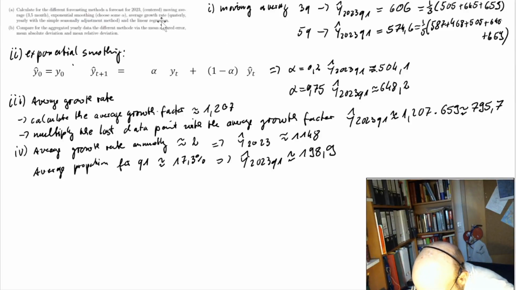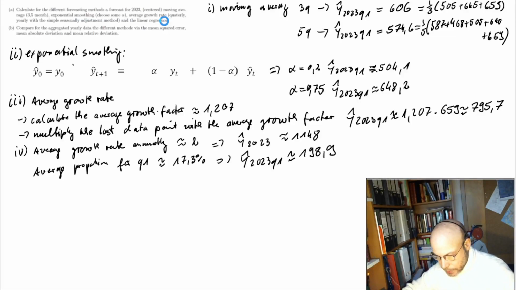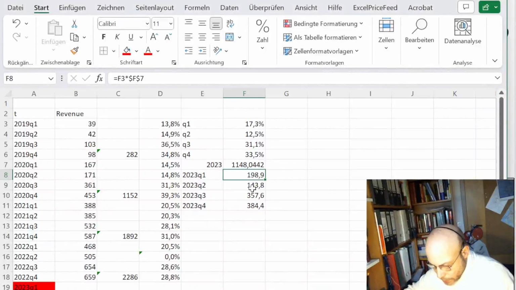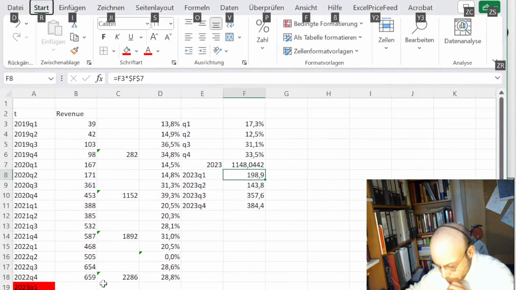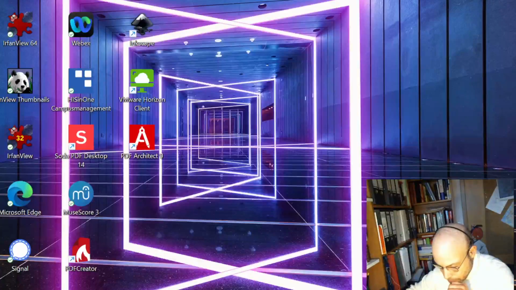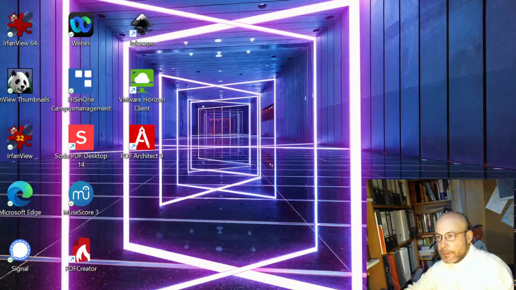And the last one, the linear regression. And for this, I show you a new method. Of course, you can calculate the linear regression via the formulas I have given to you, or what you also can use is the option, oops,